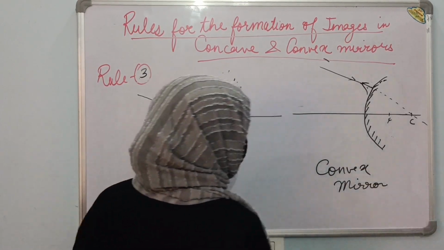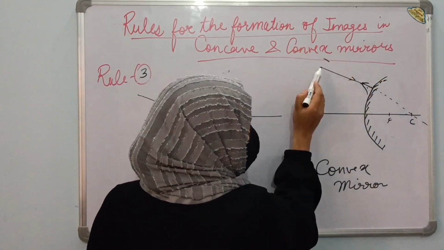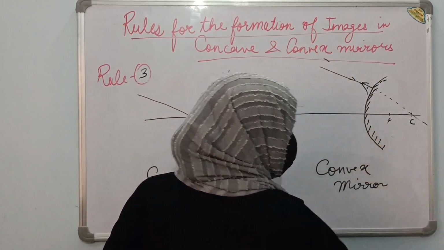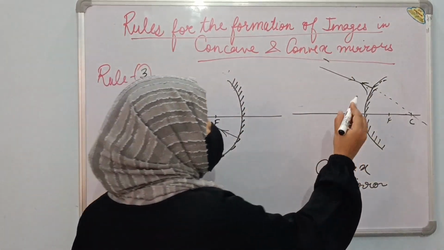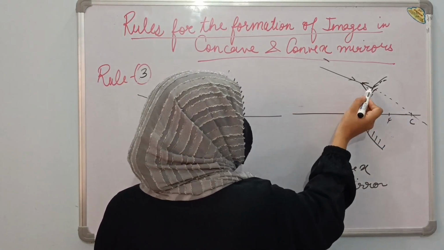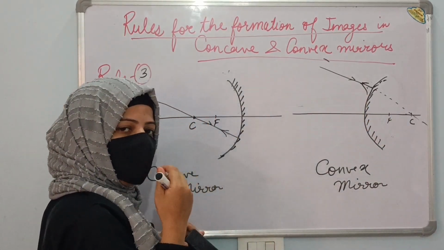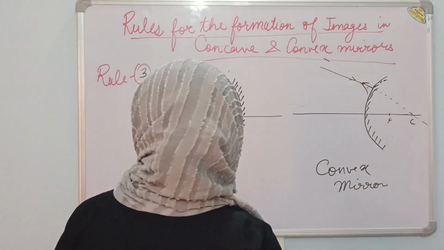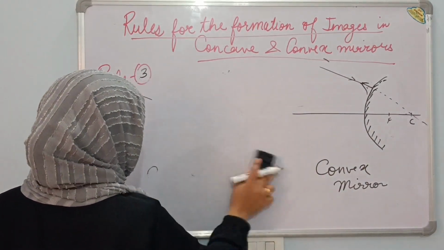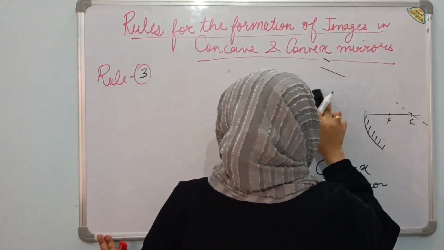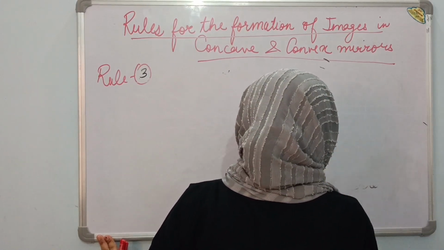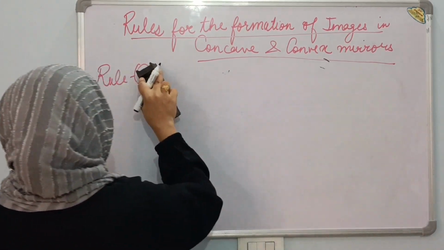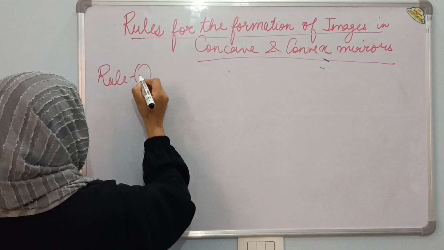Is it clear, children? अगर कोई ray of light ऐसा लग रहा है कि center of curvature से pass करेगा, cross करेगा exactly, तो it will move back in its own path. It will retrace its path. There won't be any deflection in its path. Now rule number 4.